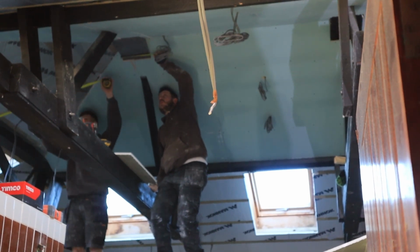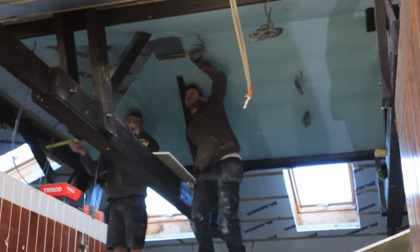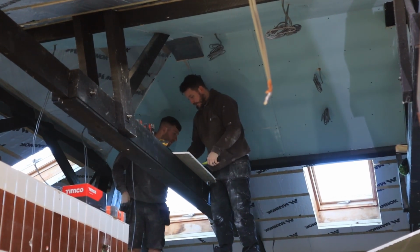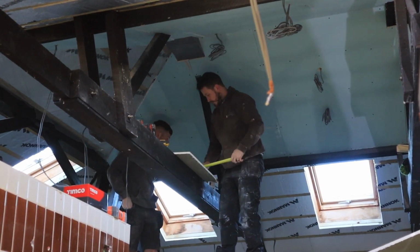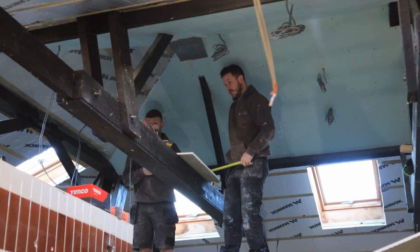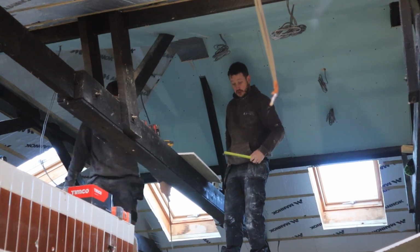So as you can see, Dave and James now are inside just finishing off. We've also got Adam inside finishing off the plasterboard on the left hand side of this toilet block, and then we'll take you over to the other side in a minute where Sean and myself are finishing off all the